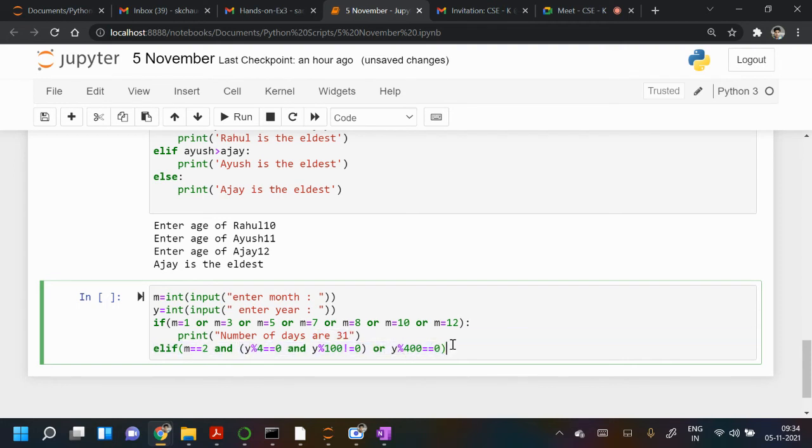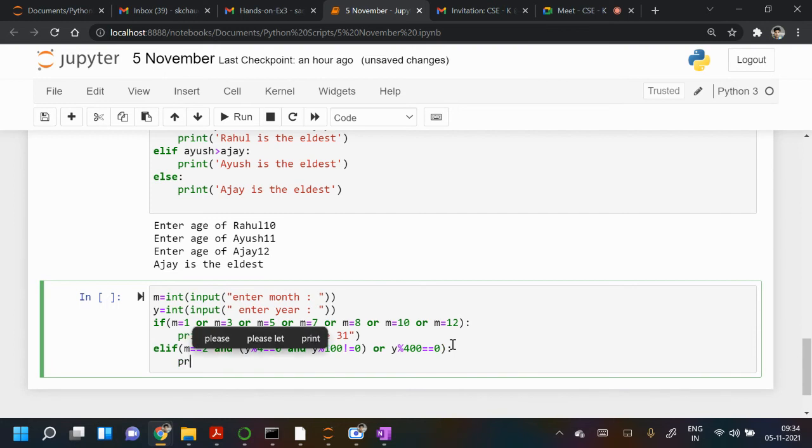So in that case I have to print the number of days are 29.